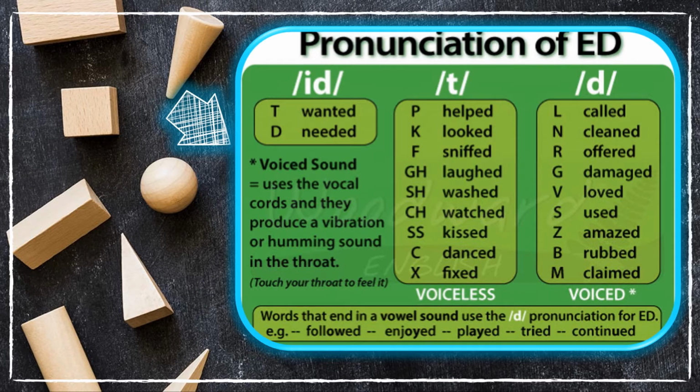If you notice, need finishes in D. So you're going to pronounce them in past as needed. The ones that you're going to pronounce with T, the ones who finish in P or the P sound, right? Helped, looked,